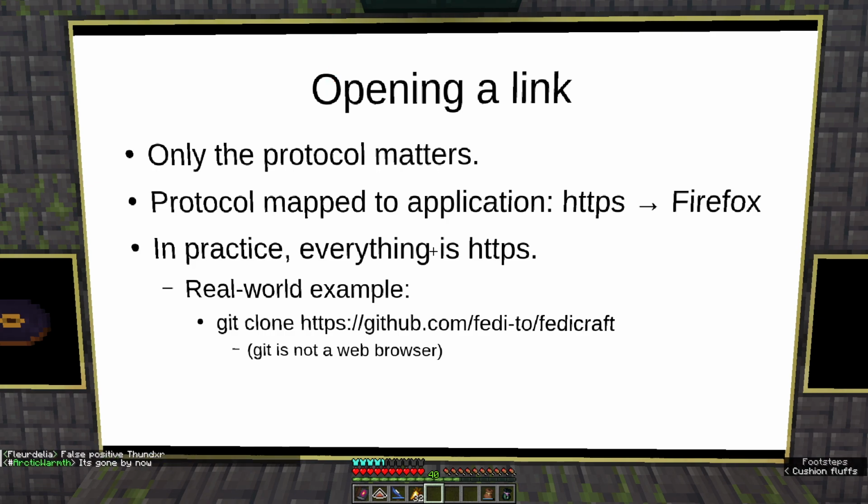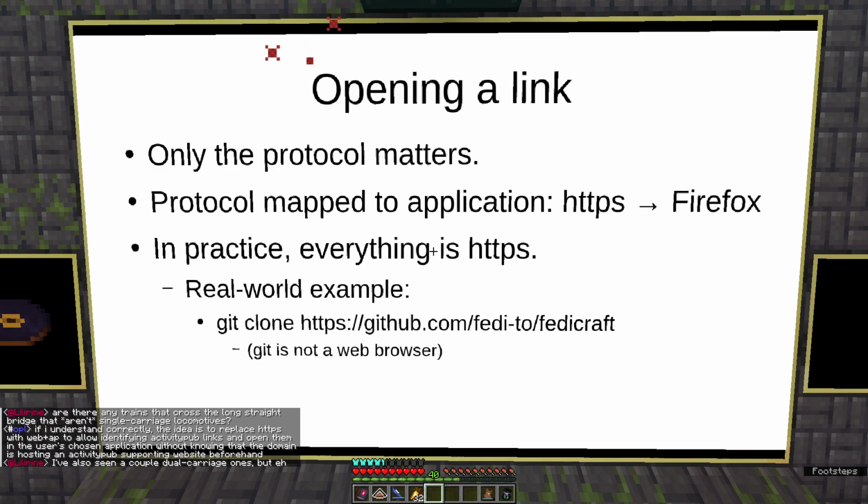You are probably most familiar with HTTPS, which opens the browser. And Web plus AP is a different one, and it opens the